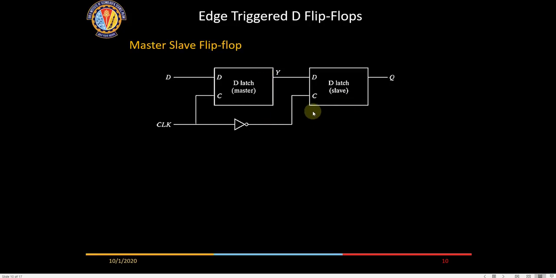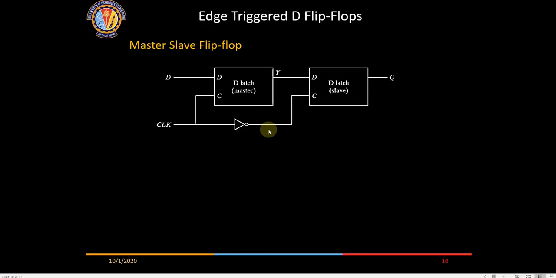Now when the clock is going from high to low, this latch will be enabled. Whatever was the data when the clock went from high to low gets stored here and replicated onto the slave.